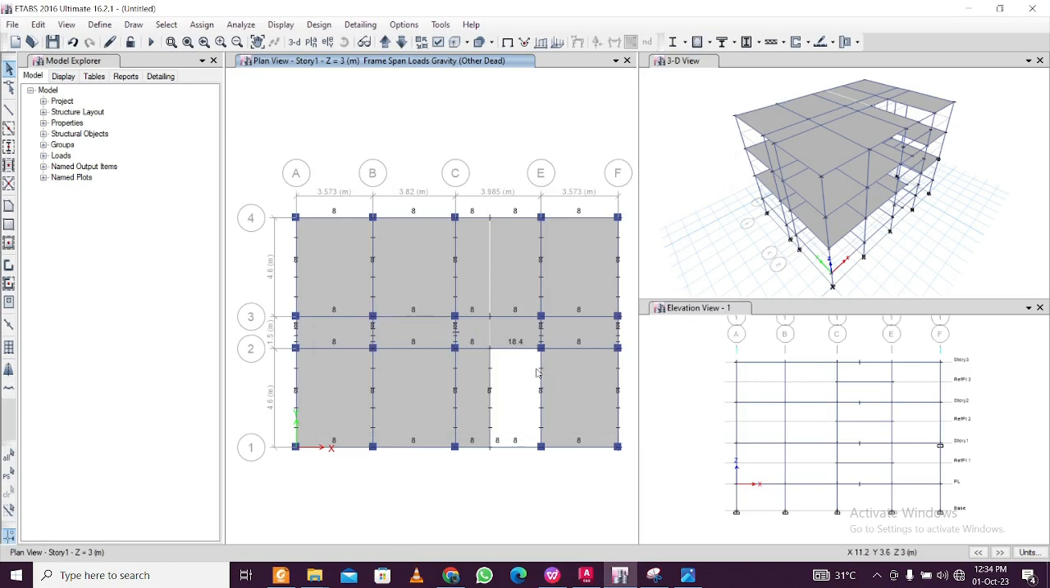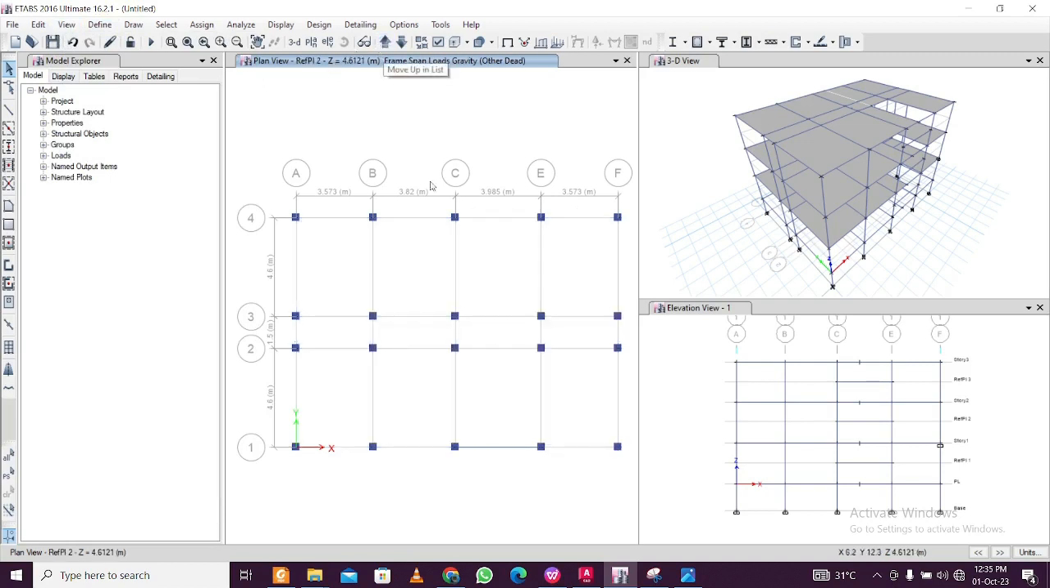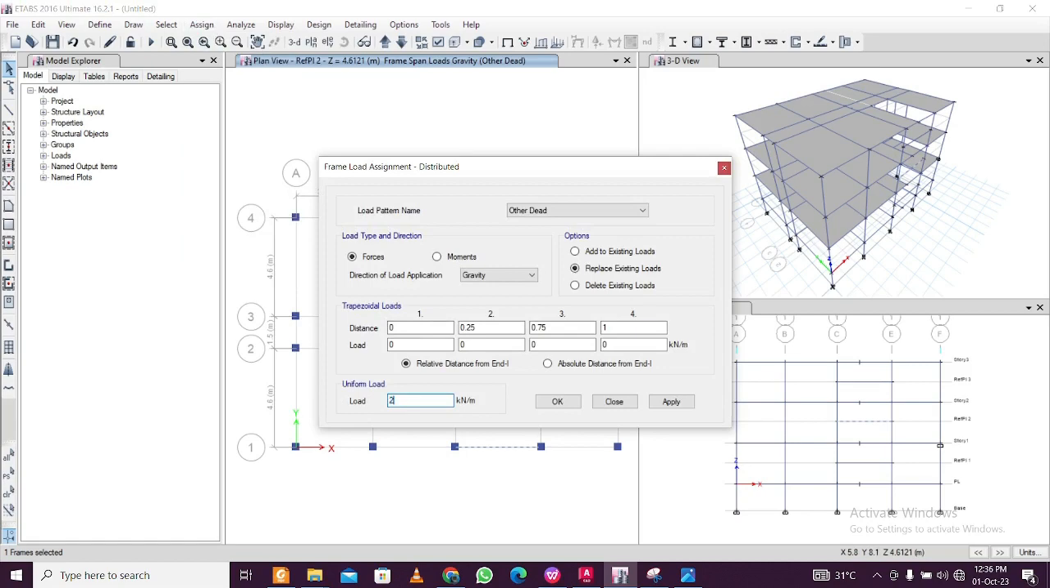Now this is done, and then we can do this for the other floors as well. Okay, so now let's move on to the next. Just click here and go to view, and you can simply go up here, I think. Yeah, just select this and we'll apply the landing slab load and assign frame loads distributed, that is 20, what is the value, 20.8, 20.8, click on apply, click on